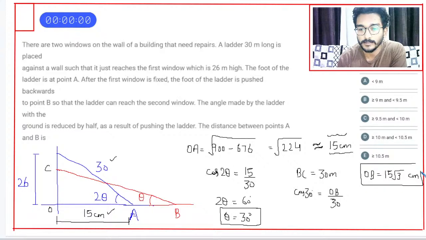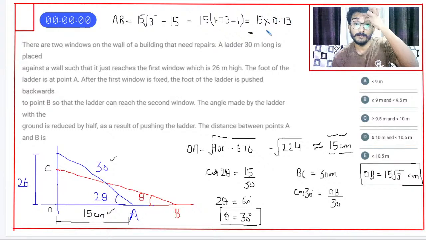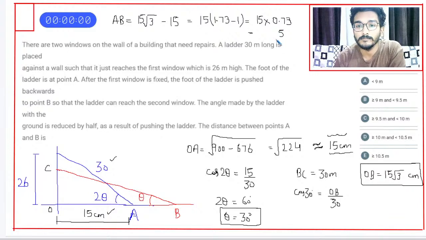ओ बी आ गया मेरे पास, बस ठीक है, अप्रोक्सीमेटेड तो हो ही जाएगा। सो द फाइनल आंसर इज, ए बी निकालना था, ए बी इक्वल्स टू ओ बी, 15√3 माइनस 15, √3 का वैल्यू होता है 1.73, माइनस 1, 15 मल्टीप्लाई बाय 0.73, ये कितना होगा, 10.95 मीटर, सॉरी, 10.95, ऑप्शन नंबर ई।